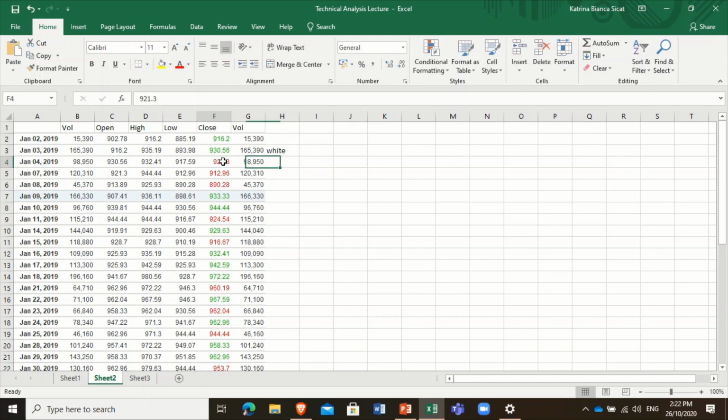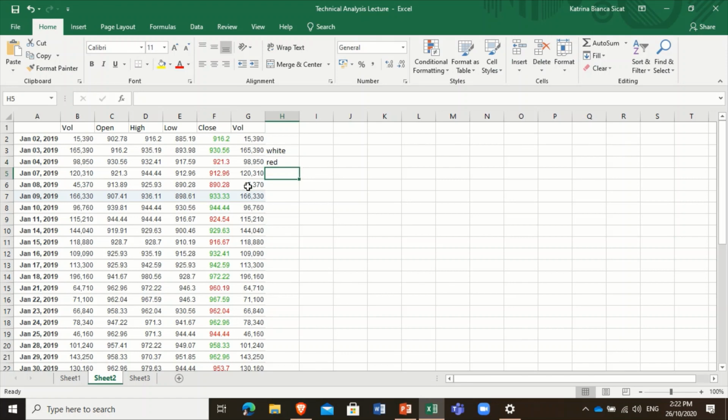Next, for this one, closing price of the day is what? Is it higher or lower than the closing price of the previous day? So the answer is lower. So alam mo na that your answer right here would only be filled red or hollow red. Now, let's look at the opening price. 921.3 versus 930.56. So the closing price of the day is lower than the opening price. So this is red. So you know this is a pure red candlestick.